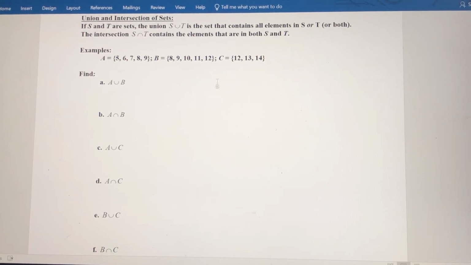In this video, we're going to talk about the union of sets and the intersection of sets. Let's first define what union means and what intersection means. If we've got multiple sets, in this example we're only going to talk about two sets at a time. So if S and T are sets, the union, and this is the notation for that,